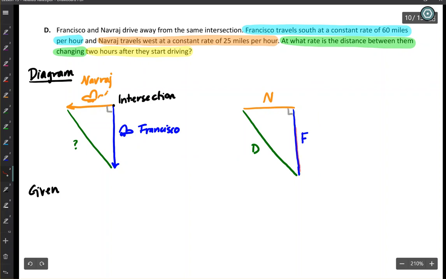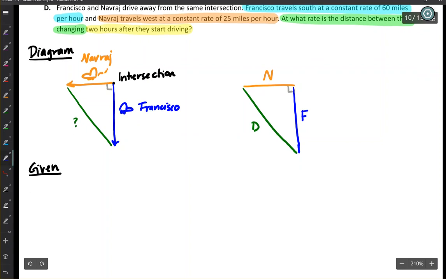This distance is positive, but this distance keeps getting longer and longer the more time passes, because he's driving more in the same direction. So the rate at which the distance that he has traveled is changing with respect to time is positive 60